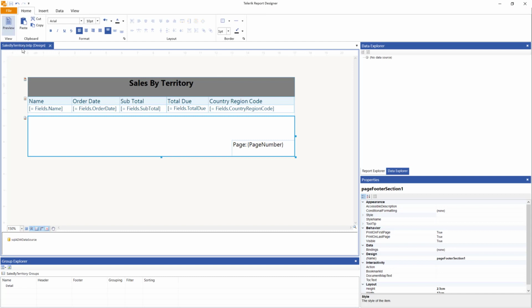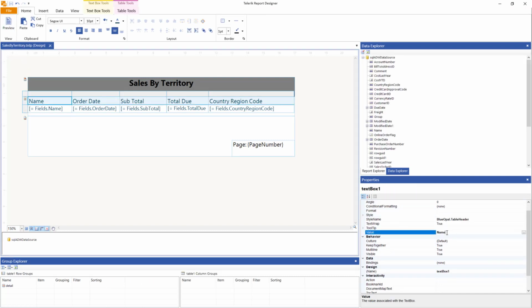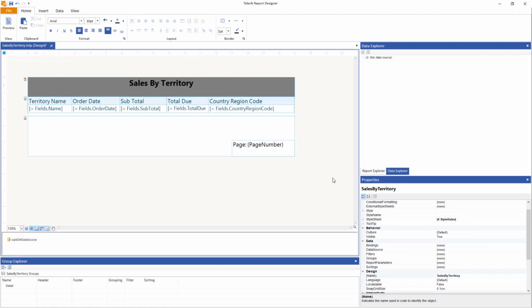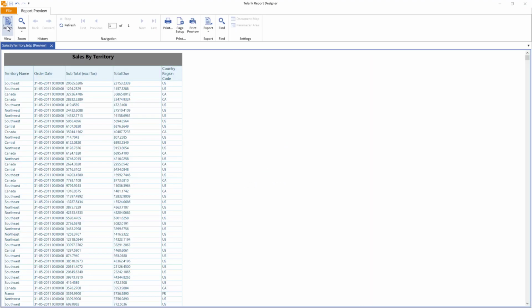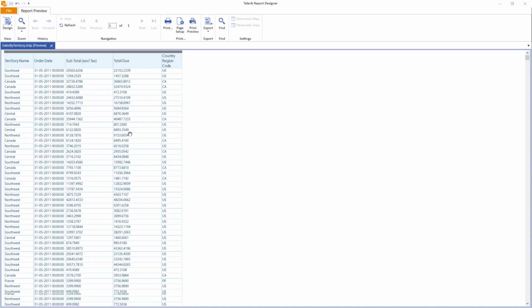Mentioned here. Now I'm not quite happy with the name field here, so I can actually go ahead. It is not clearly defining what this is, so I'm happier with the name as territory name, and that is what should be visible here now. All right, I'm good here. Let's take a quick look at the preview. So we'll notice that this is exactly the output that I wanted, and I'm happy with this output at this